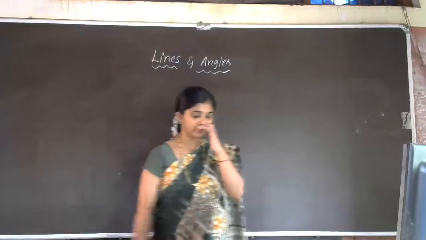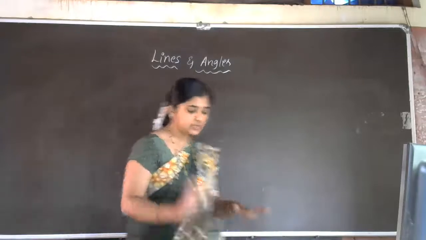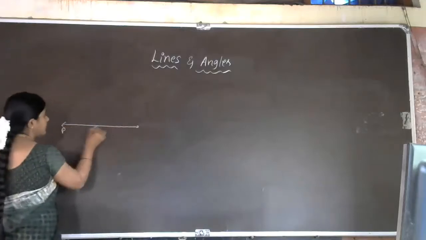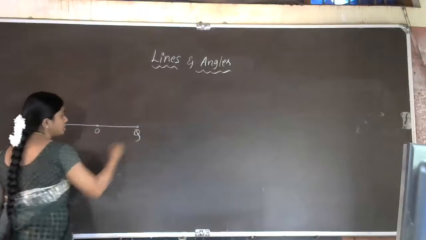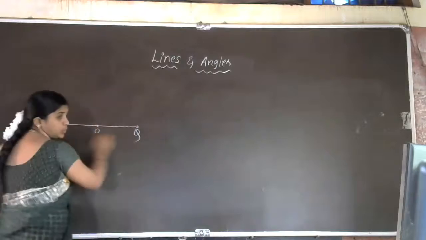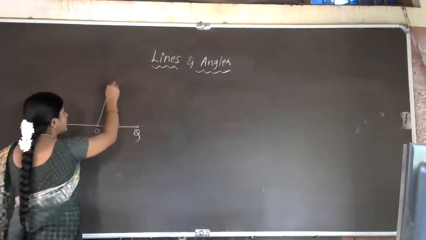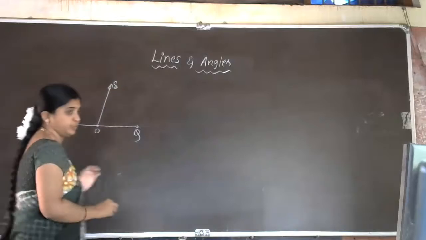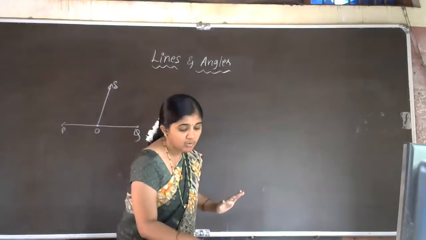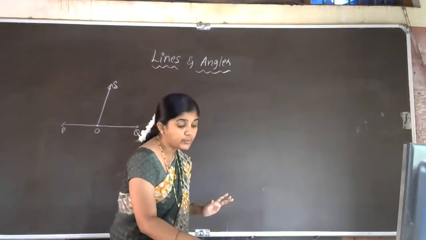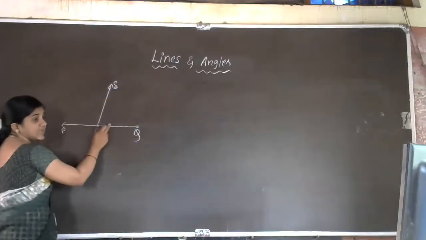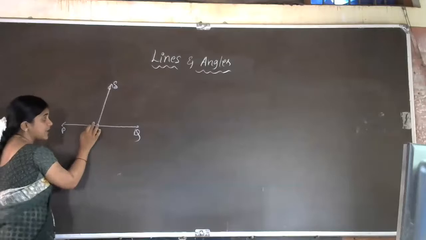Okay, so for this problem, before repeating the question, first I'll draw the diagram. What is given actually? P, O, Q. First step, in figure, ray OS stands on a line POQ. Is that clear? Ray OR and OT are the angle bisectors of this POS and SOQ. Are you observing POS angle?